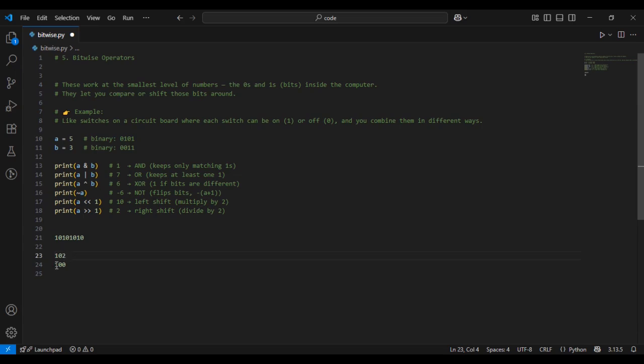The first number 1 is the value of 10 to the power of 2, which is 100. This value represents 100, and then this is 10 to the power of 1, which represents 10. It has the value of 10, and this represents 10 to the power of 0, which is 1, and this value represents 1. Similarly, binary numbers work in powers of 2 instead of powers of 10. The first digit has the value of 2 to the power of 0, which is 1. So if we just look at all ones,